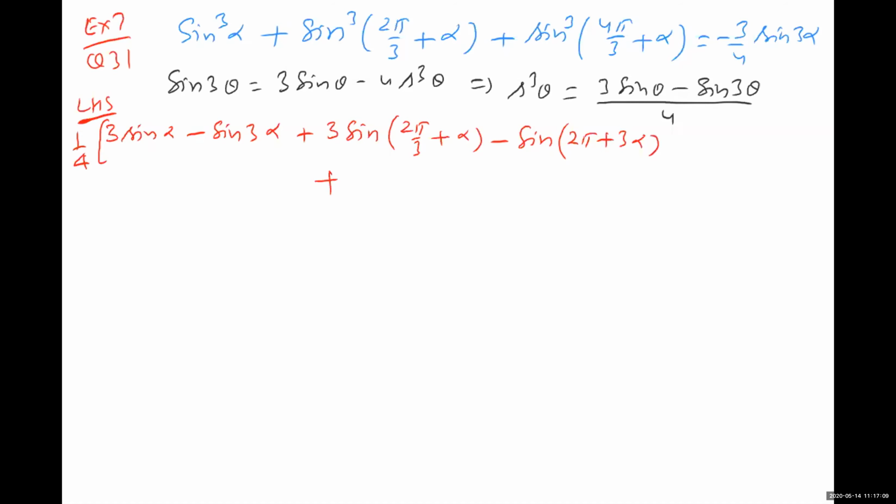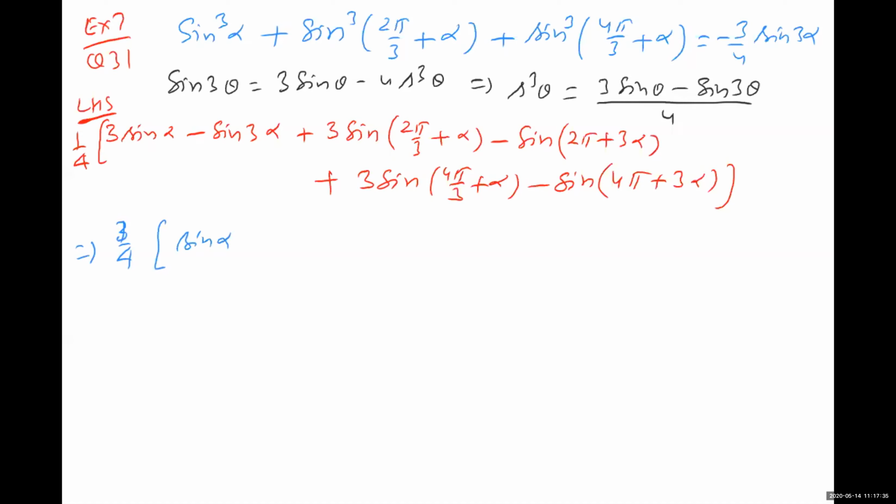Last sine cube, alpha is here what? 4 pi by 3 plus alpha. So 3 sine (4 pi by 3 plus alpha) minus sine multiplied by 3, so 4 pi plus 3 alpha. So this can be written as 1 upon 4,